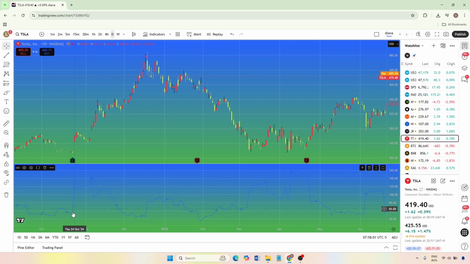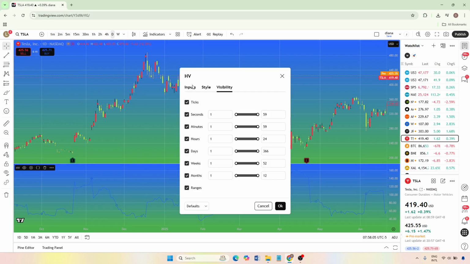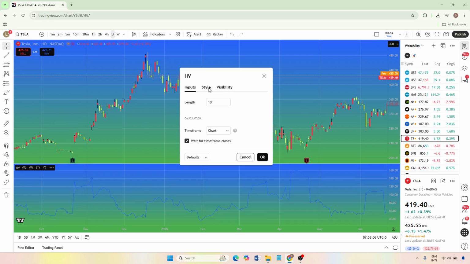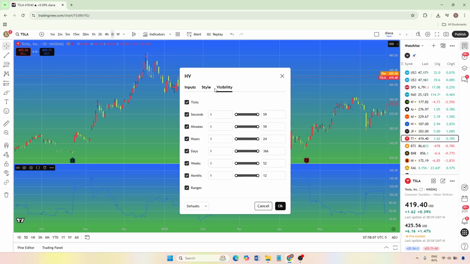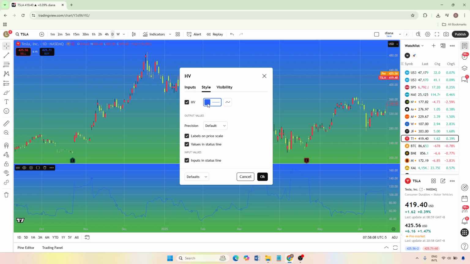You can usually customize the settings by hovering over the indicator name in the chart legend and clicking the settings icon. From there, you can adjust the look back period, colors, and line style to match your personal preferences or